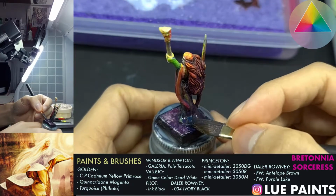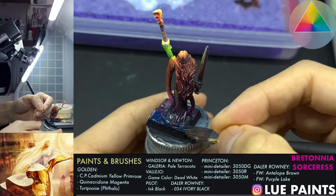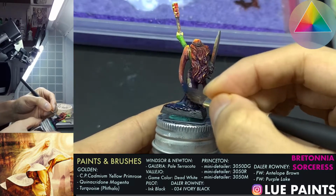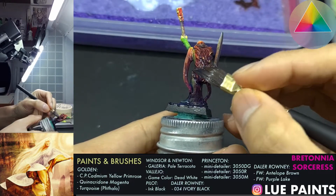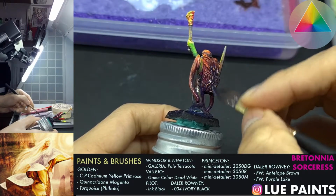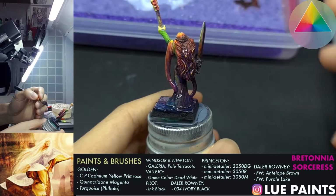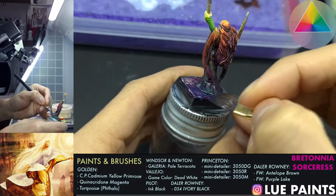If you're going for that look, like certain Games Workshop stylizations of painting color, then that's fine. However, if you want those crazy changes in color that's more akin to how it is in real life, then this is the extra step you're gonna have to take, in which you need to study a little bit more color theory to understand how the color spectrum really works, and how it's supposed to work in coordination with one another. And it's not really like there's a cheat sheet for it or anything like that,